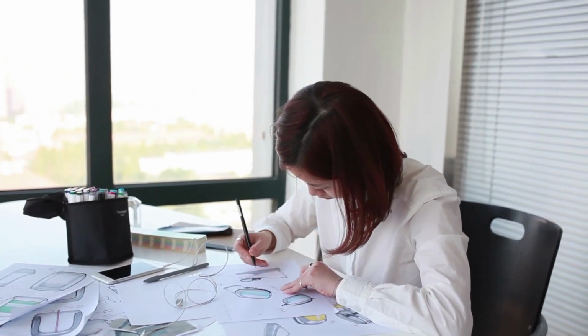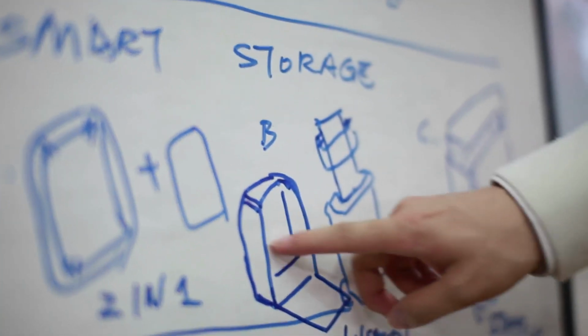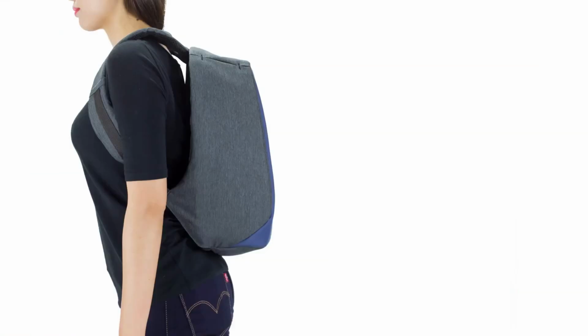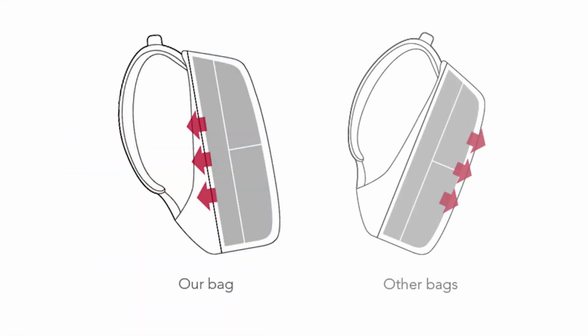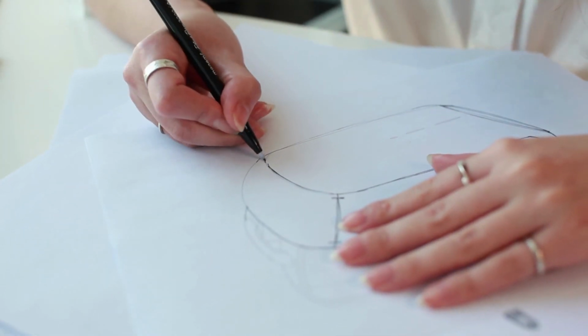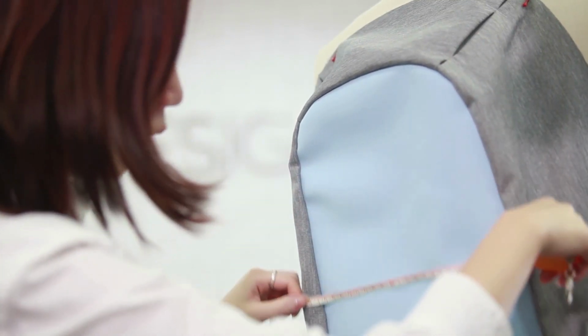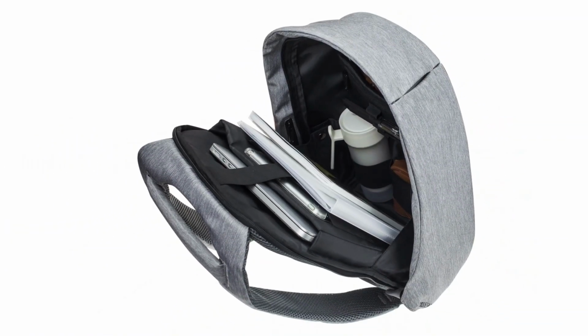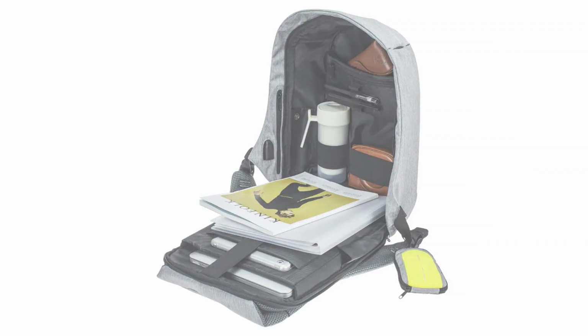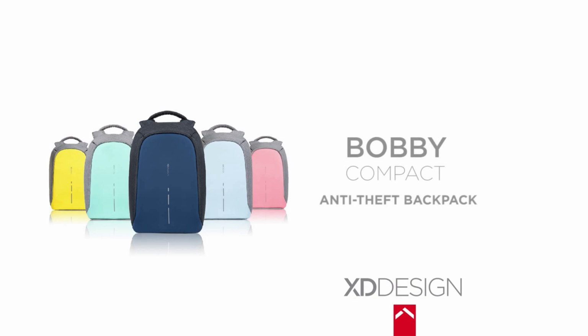The Bobby Compact is designed to be safe, efficient, and lightweight. The slick and elegant design follows your body for a comfortable fit, relieving the pressure off your shoulders. We minimize the outer dimensions without losing any space inside, where you can fit a 14-inch laptop and all the gear you need during your day. The Bobby Compact Anti-Theft Backpack keeps you safe, organized,